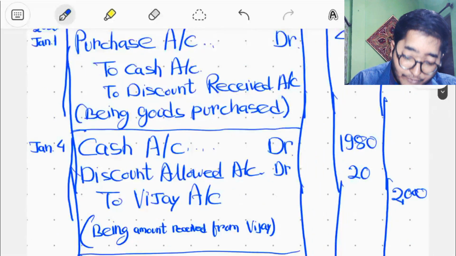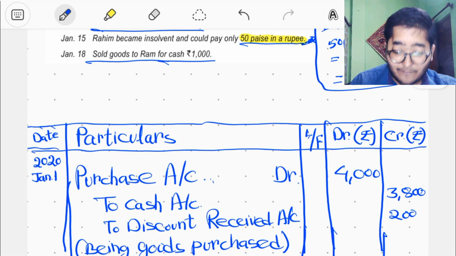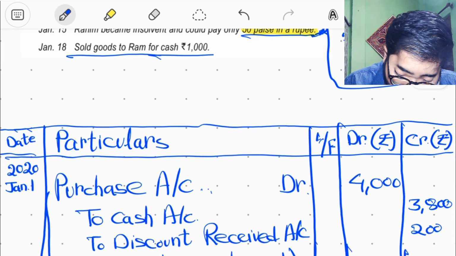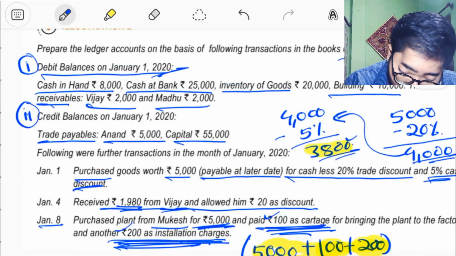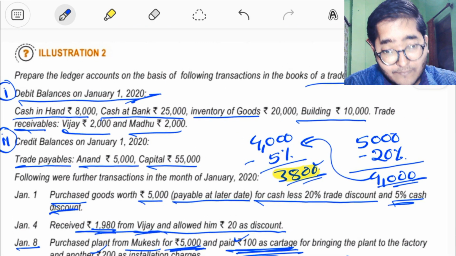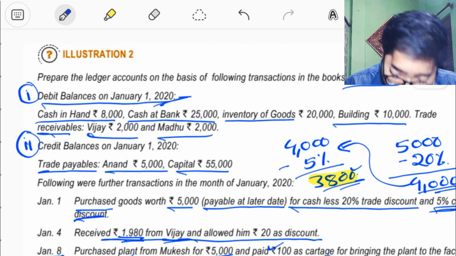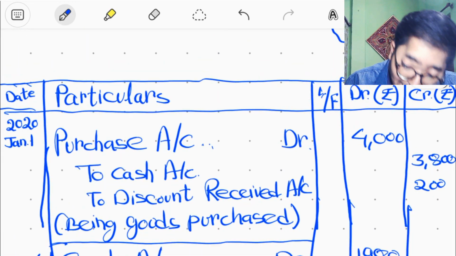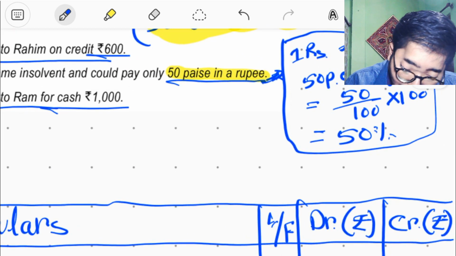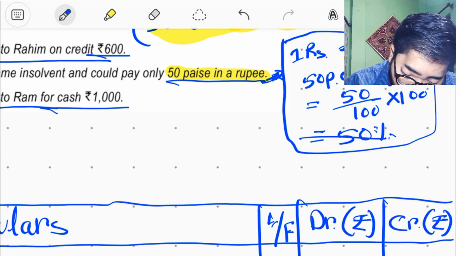So, did you notice we started the sum then and there? But this should not be the case. We cannot do like this. In the beginning, prepare ledger accounts on the basis of the following transactions in the books of a trader. The name of the trader is not given, and that is why in the beginning of this journal we must write